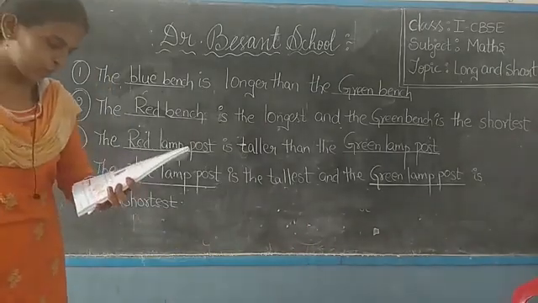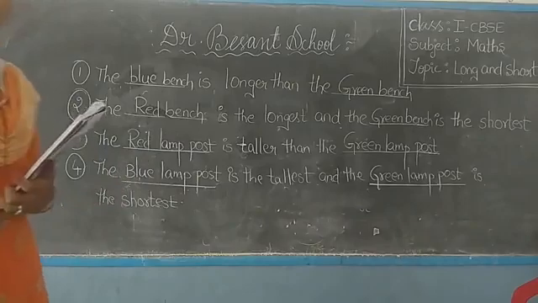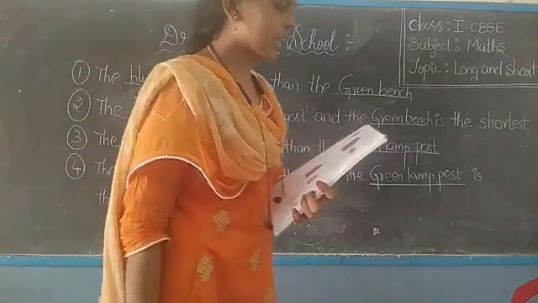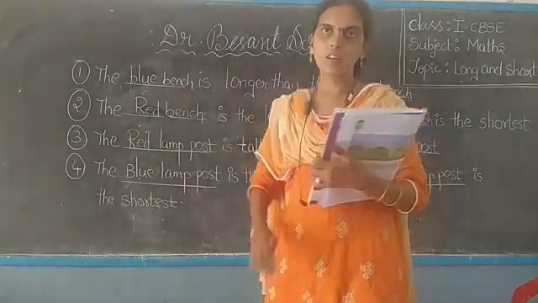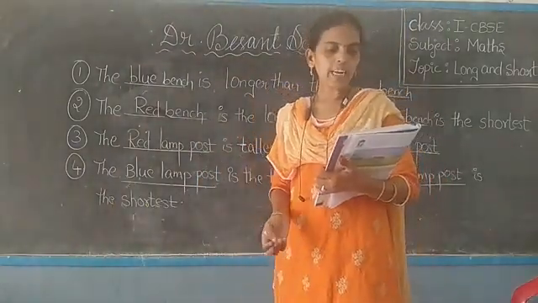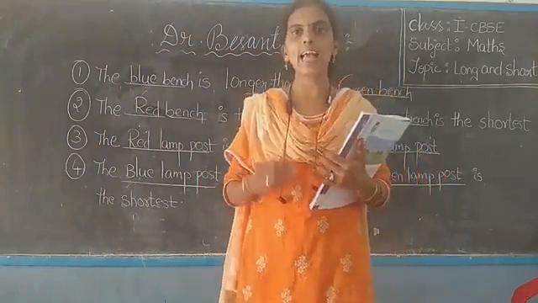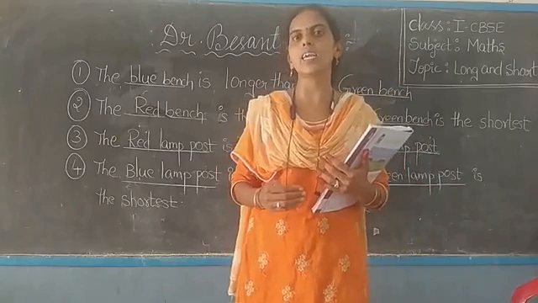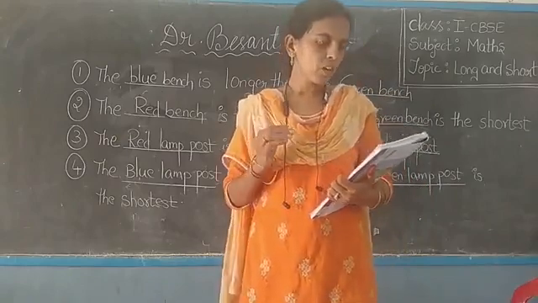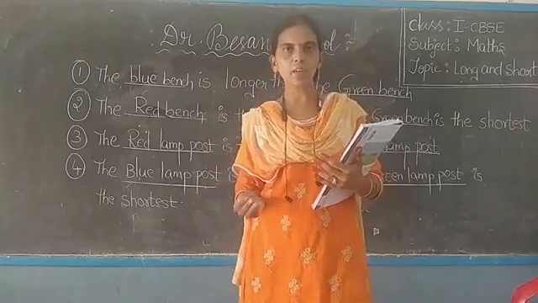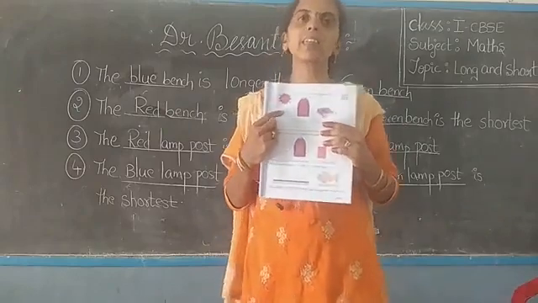If you turn to page number 11, there is a small activity for you. There is a small activity given for you. So you can identify on your own. If you do this activity on your own, you can easily say which one is correct and which is going to be wrong. That means here there is a peg part given for you. Have you seen?